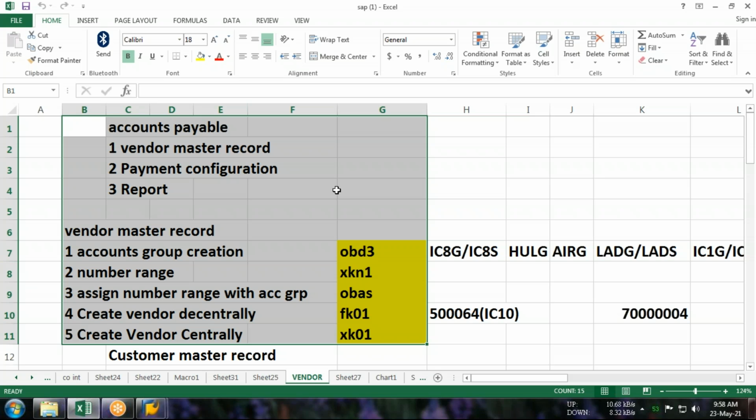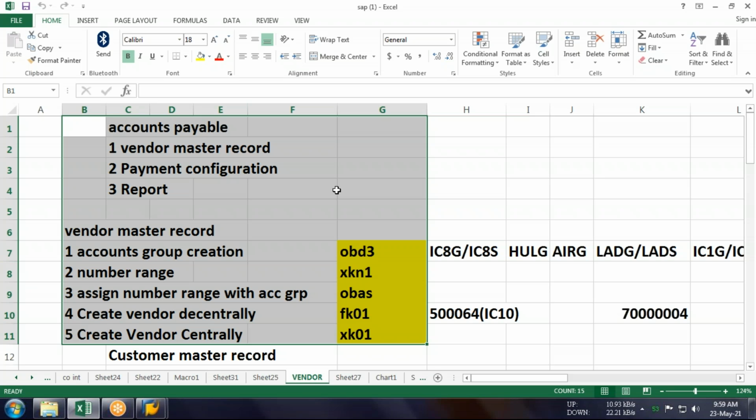Number two, decentrally vendor. Whenever you face the question, what are the varieties of vendors in SAP, your answer should be that if we consider the vendor master record, then there are two types of vendor: number one centrally, number two decentrally.